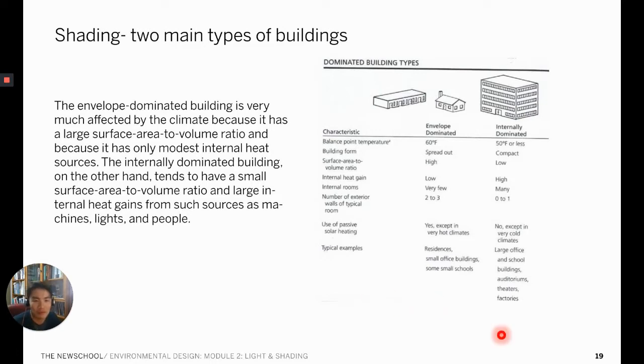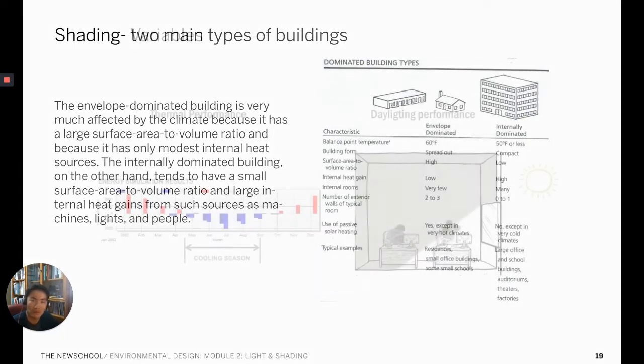However, buildings such as high-rise office buildings and auditoriums, where more internal heat is generated inside and the envelope to floor area ratio is lower, in other words more compact, we consider to be internally dominated buildings. Internally dominated buildings tend to be cooling dominated unless the building is located in the extremely cold portion